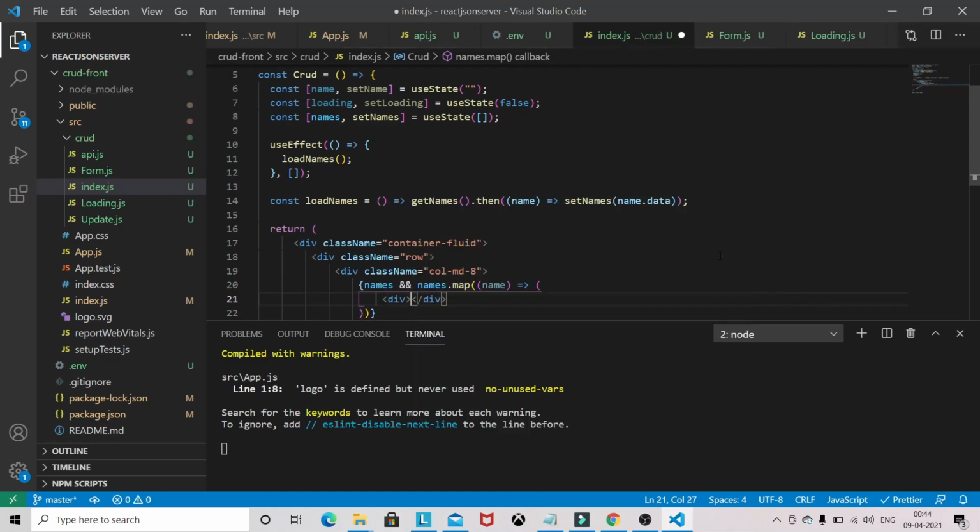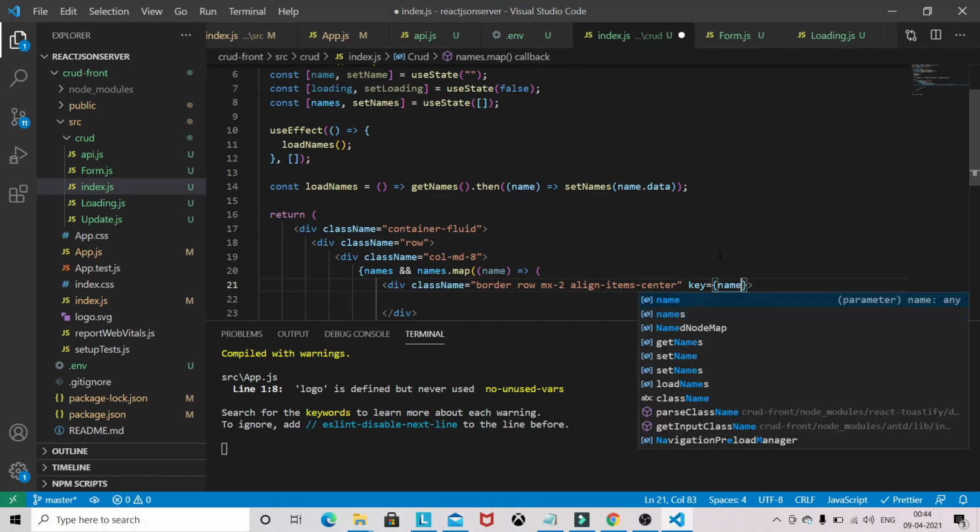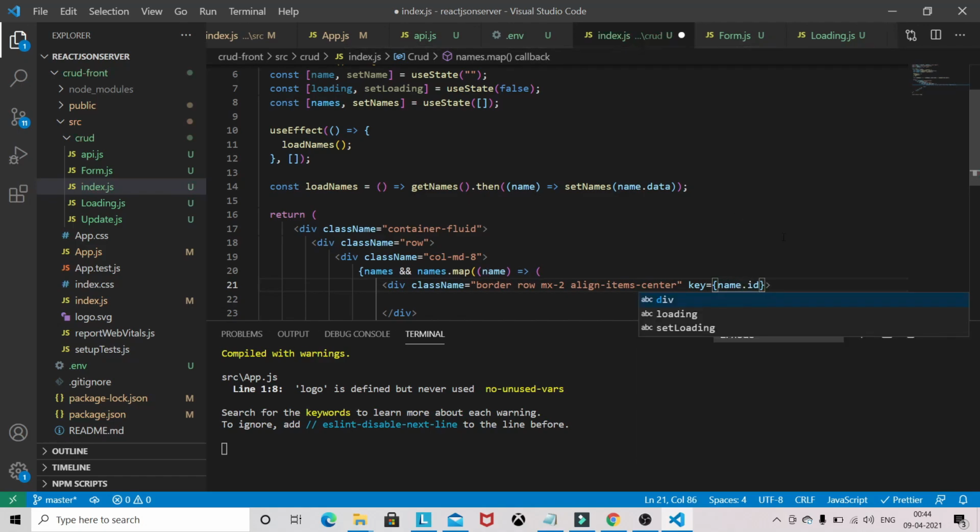So I will use some class names here: border, align-items. Key will be name.id.